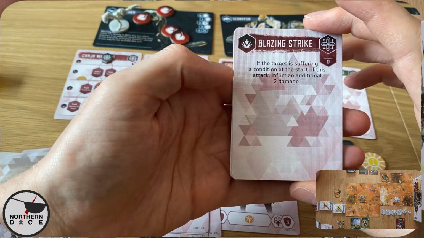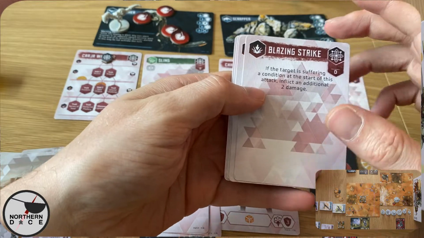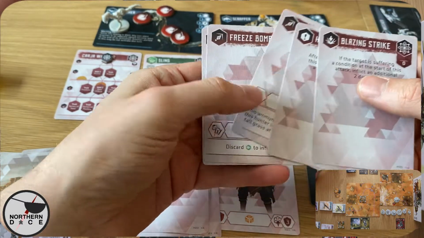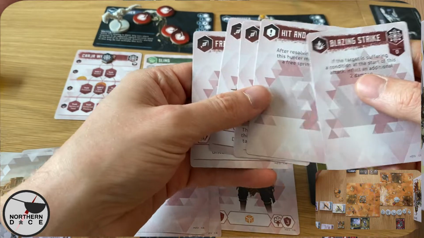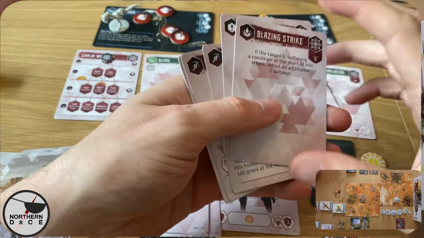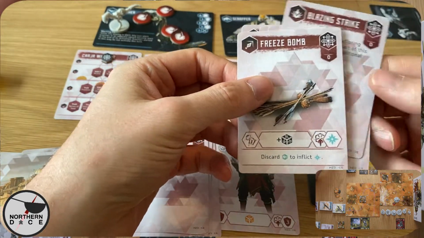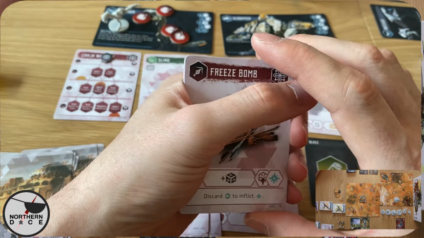So this Blazing Strike, if the target is suffering a condition at the start of this attack, inflict an additional 2 damage, which is an insane amount of helpfulness, particularly when we're looking at freeze bombs giving effects, and the Silent Strike being able to follow it up with an extra 4 damage. If we play this perfectly, we may be able to take him out in 1 fell swoop. However,